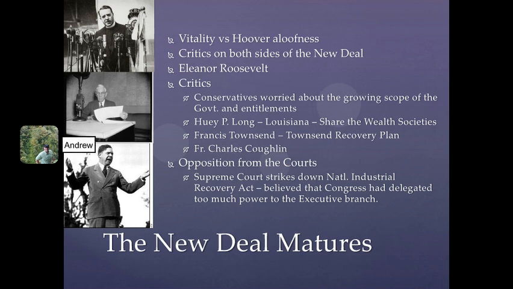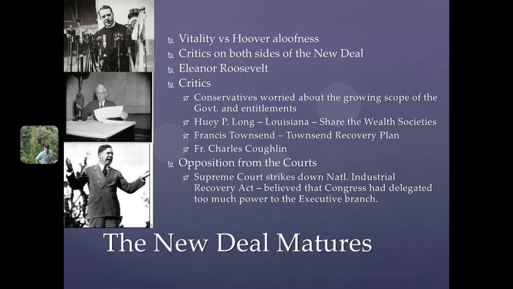Now, Francis Townsend is going to be from California, and he's going to see some old people rummaging through the trash, and that's going to inspire him to some sort of welfare-like reform plan. So the Townsend Recovery Plan would be for anybody, I want to say, over the age of 60. They would get paid $200 a month, right? That was a lot of money back in 1934. But the critics pointed out that this plan would service 9% of the population and be the entire federal budget. So yet again, Townsend not concerned with what was going on there.